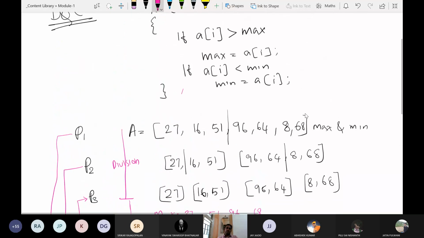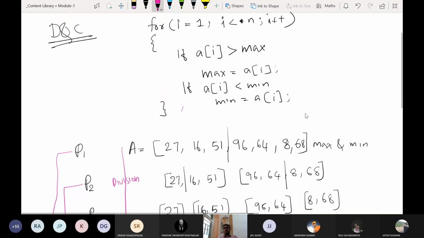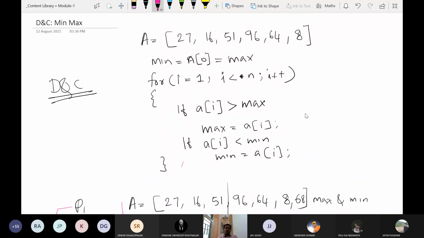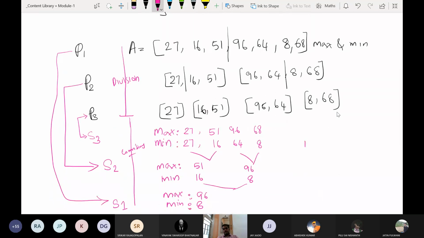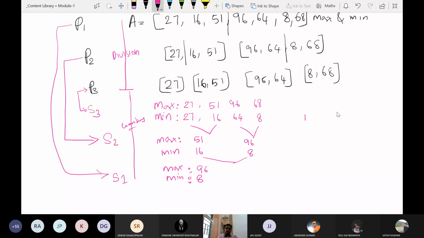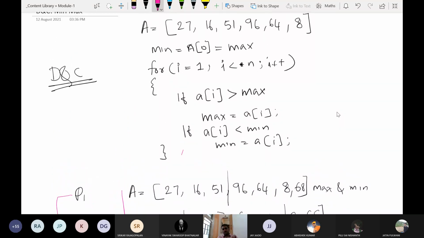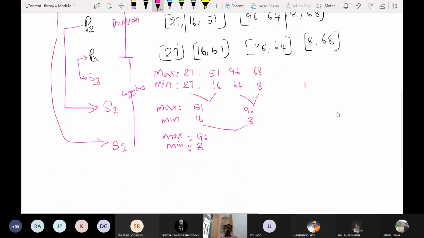There is no general formula for finding the number of comparisons, because it depends on the way in which elements are organized in the array. If it is completely sorted, such constructs will be there. So there are certain differences. You cannot say that it will be a constant, or ask me to write a formula for finding the maximum and minimum. It depends on the input. Even though the size of the input is the same, the arrangement of elements in the array matters a lot. So that's how it works.